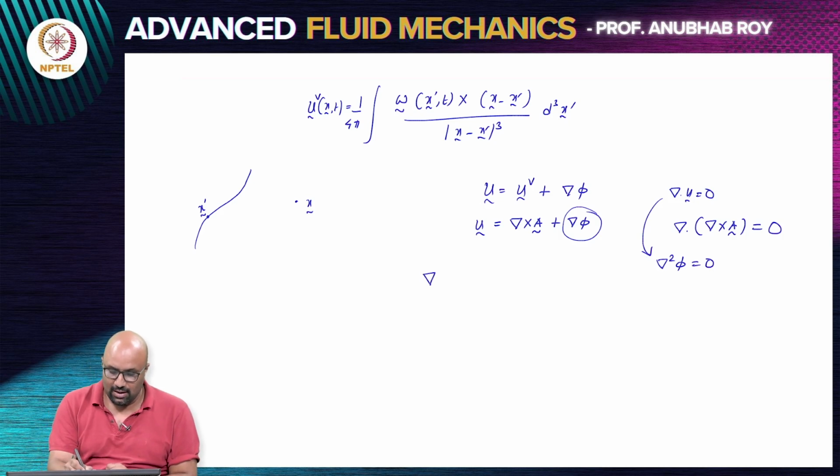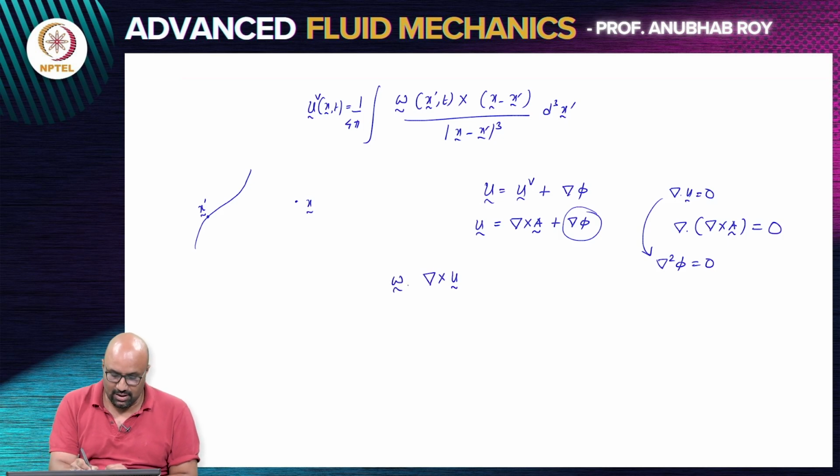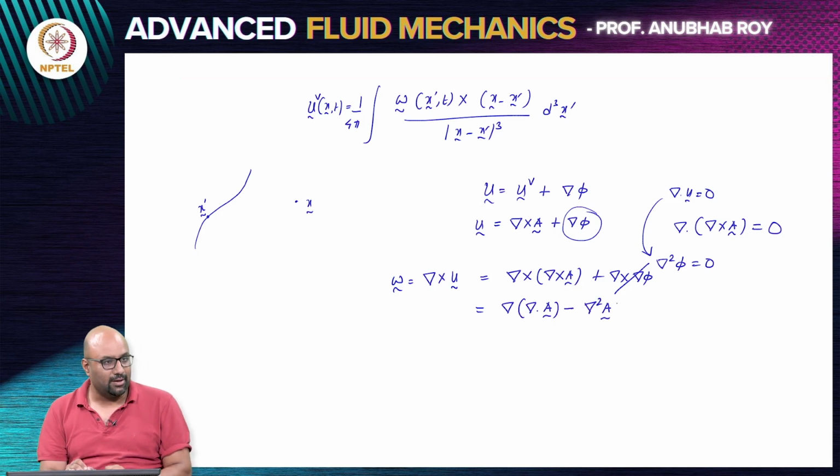Now, if you take curl of u, which is my vorticity, so vorticity is curl of u, then I have curl of A plus curl of gradient phi, which is 0. Now, curl of A can be written as del del dot A minus del square A. This is a vector identity, that curl of A is gradient divergence of A minus del square A,